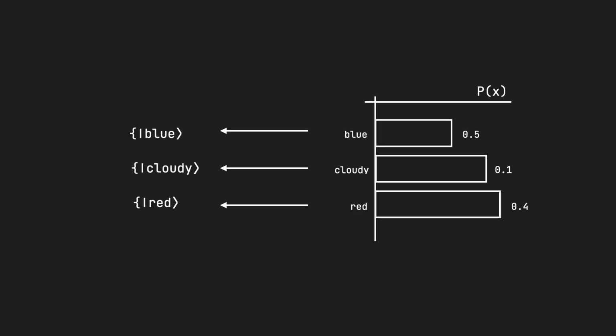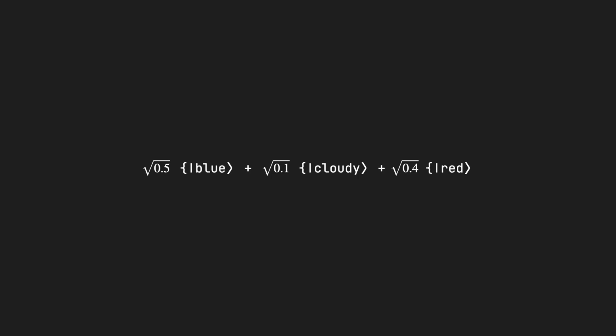That's what this is: blue, cloudy, and red. We could map these to basis vectors, and using this we could get a quantum state vector. The way this looks is like this. We take these probabilities and we have to calculate the amplitude. So 0.5, 0.4, 0.1, we're taking the square root of that because we're trying to calculate the